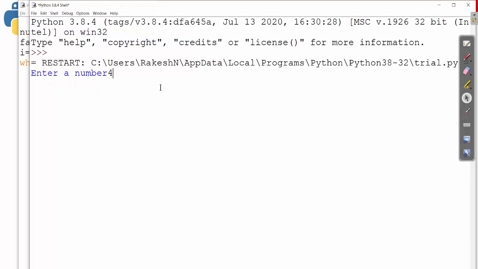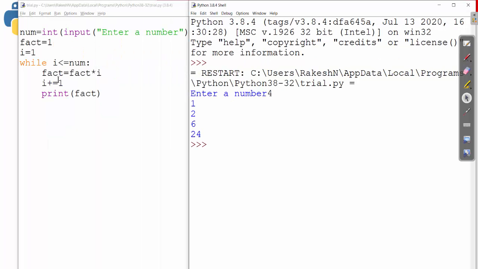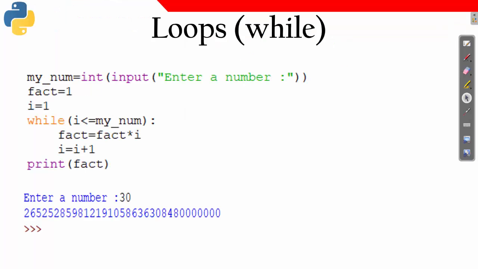So I am writing 4. You see, for all the values, it will be printing as it is inside the while loop, as the print statement is inside the while loop. Now I have told you regarding indentation. So these statements having equal space, these set of blocks are a part of this while statement, the while loop. So every time this is calculated, it will be getting printed.